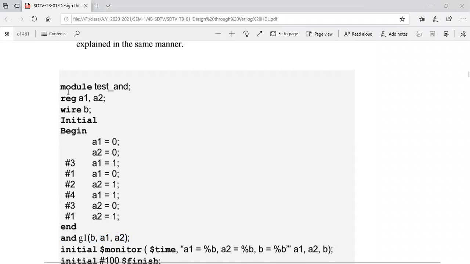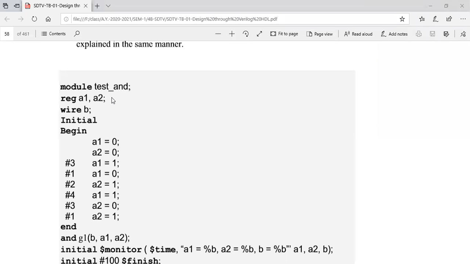Every program will be started with the help of module only. Module space. What is it? It is to test the AND gate. So I am writing the name of that particular module as test_AND. I can write test_ some other name also. Generally, if the name of the main program is AND, we will be writing test_AND. If the name of the main program is H, we'll be writing test_H. Do you understand now? It is a stimulating program, right? This is for testing, the test bench.